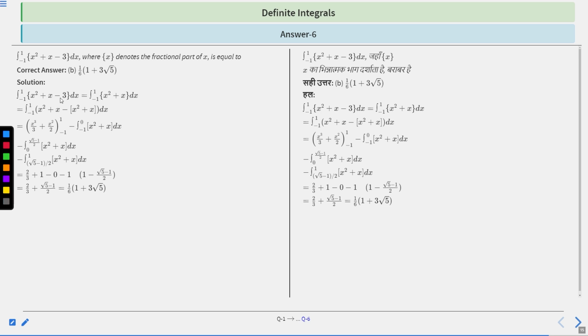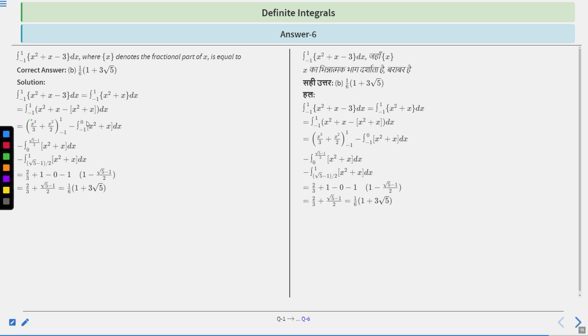Therefore, the fractional part of x squared plus x minus 3 can be easily written as the fractional part of x squared plus x dx. Now, as we have discussed, it can be written as integral from -1 to 1 of x squared plus x minus the greatest integer function of x squared plus x dx. So x squared plus x can be easily integrated using integration of polynomial, which is equal to x cubed by 3 plus x squared by 2, and the limit is from -1 to 1,